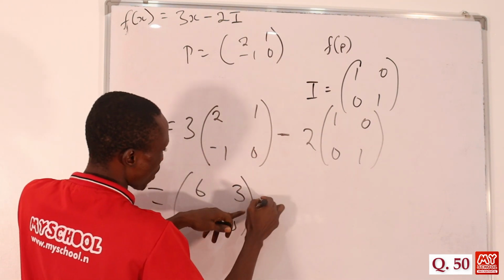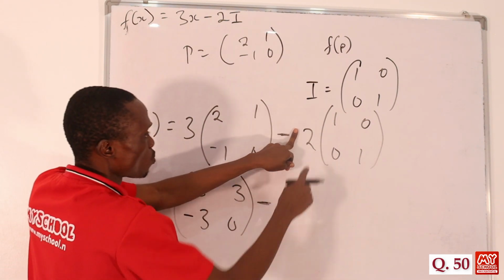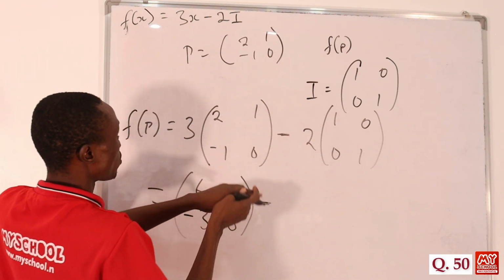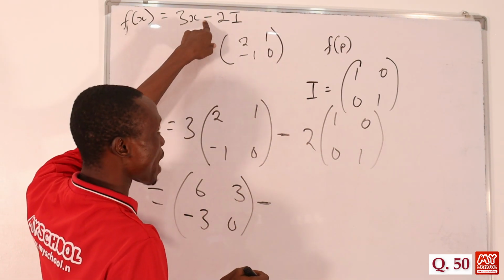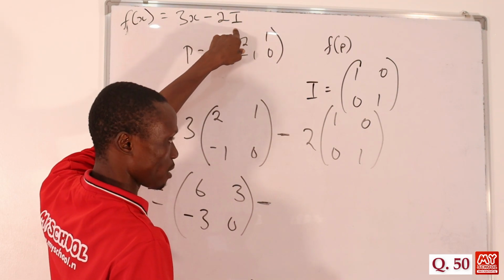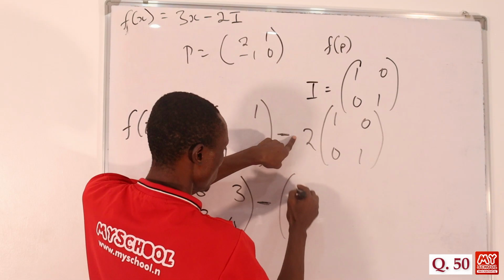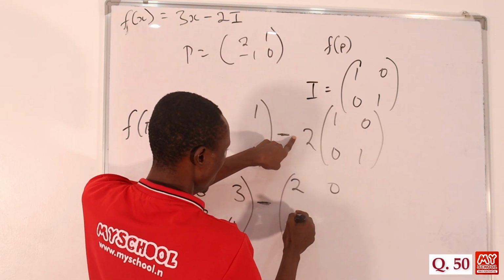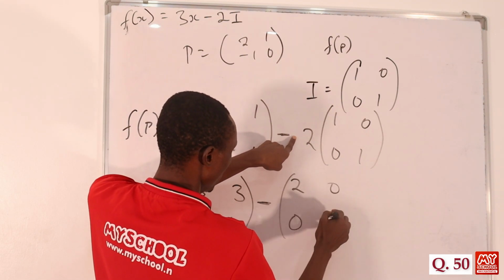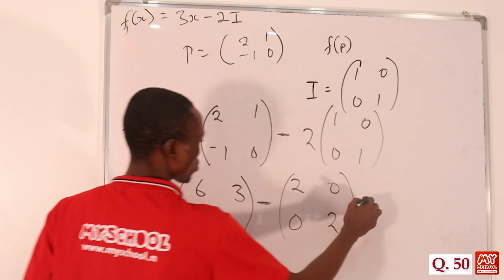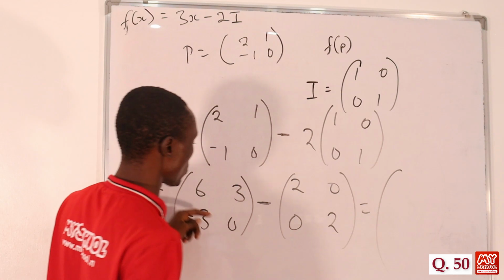So here we have our minus. Then we just use 2 to multiply everything here, because in this question, we're actually looking for 3s minus 2i. Okay, so let's get our 2i. Our 2i will be 2, 0, then 0, then 2. In this case, we can now subtract. So if we subtract, the resulting matrix will be equal to